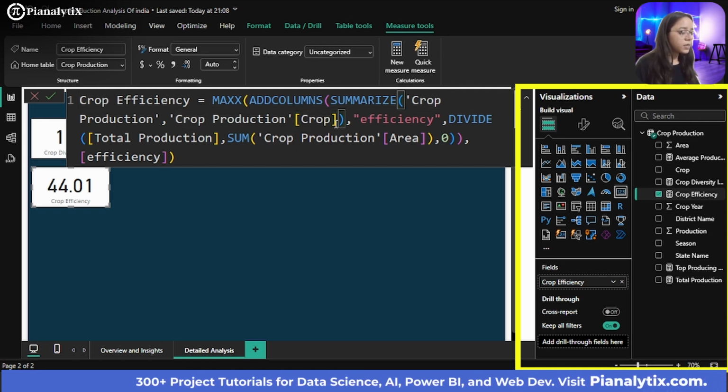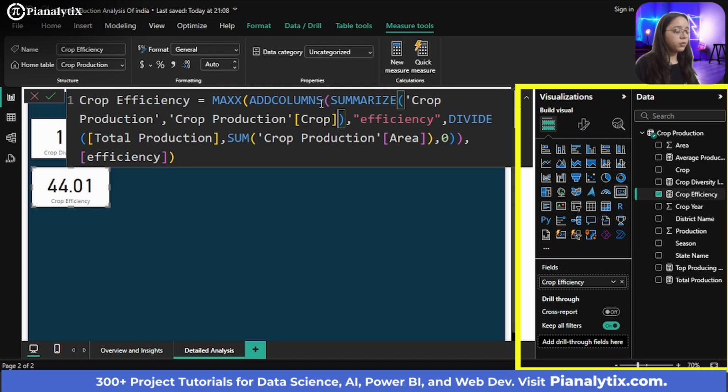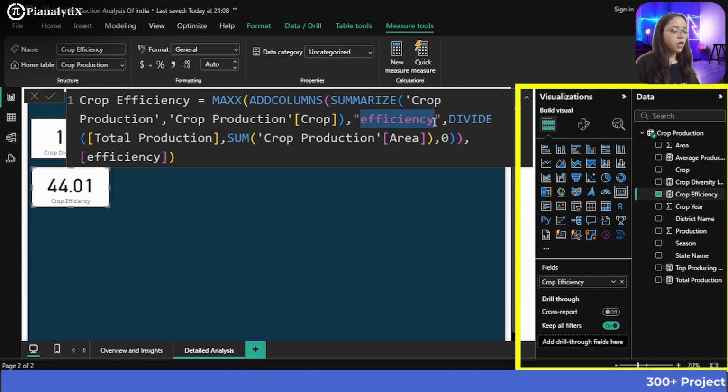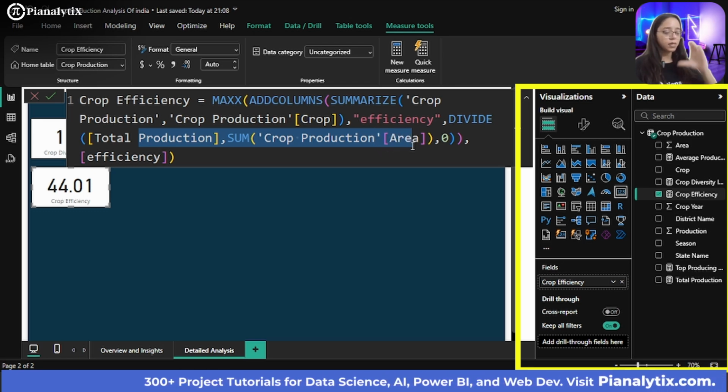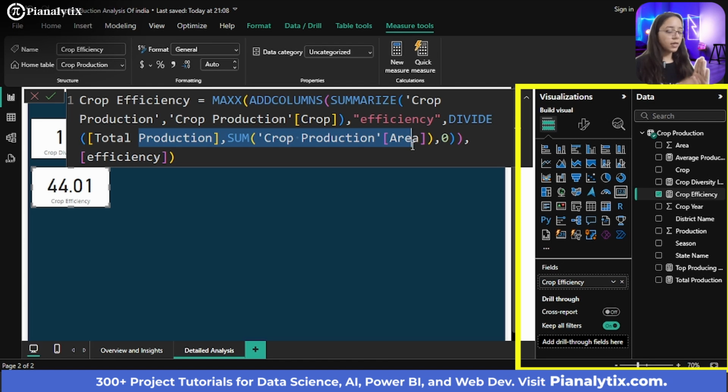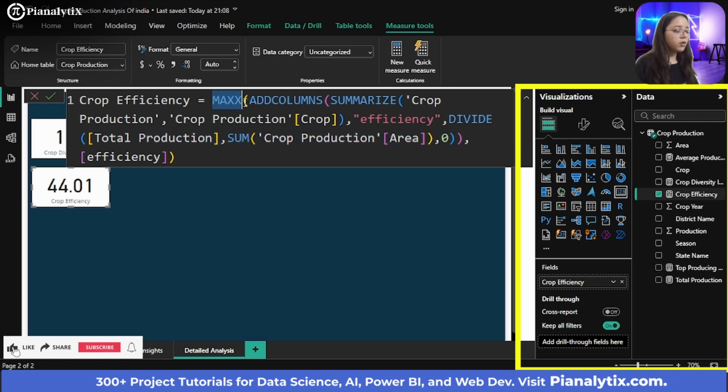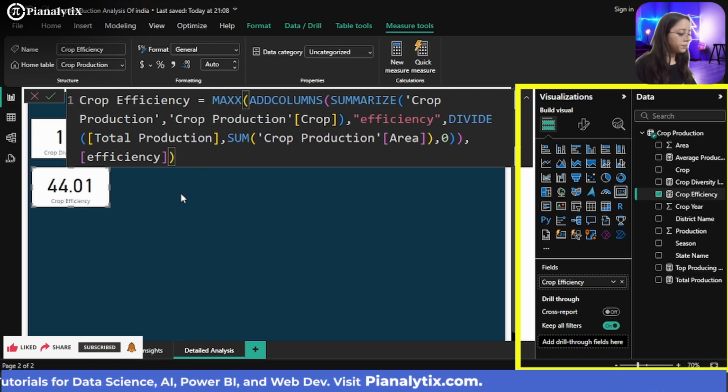Now add columns will add a temporary column into this temporary crop table with the name efficiency, which has the formula of total production and the crop production area. So for example, if there are particular crop names in a field, then simultaneously on the other side you will get the efficiency of each crop, and then what will the max function do? Max function will pick the topmost crop with the highest efficiency. So that is how this measure works.